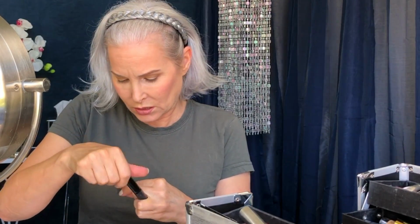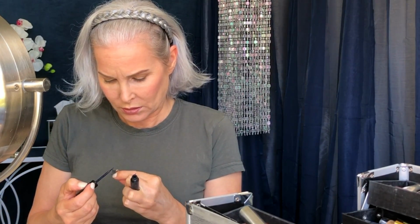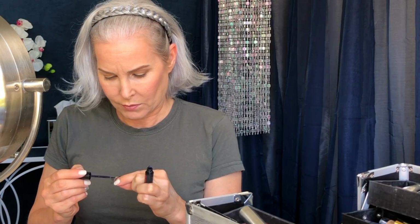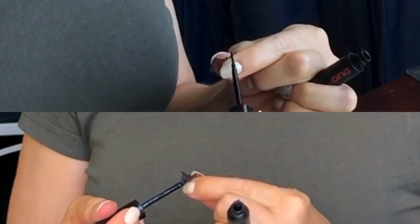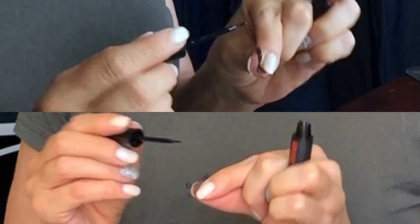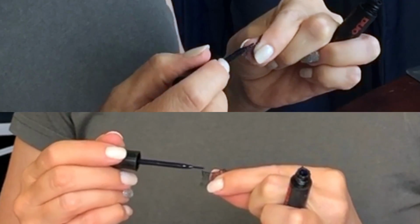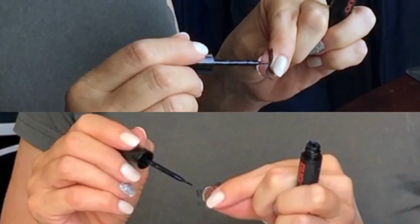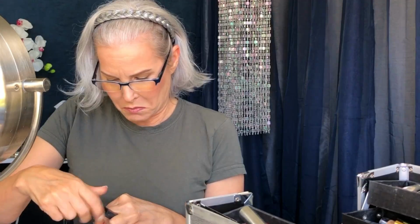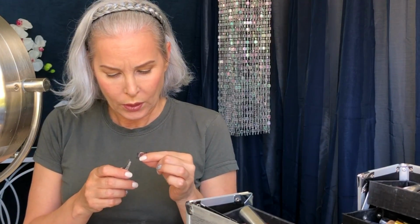I'm using Duo Dark Tone Lash Adhesive on a brush. With no glasses on apparently, so I'm guessing I get it on there. Okay. Just stop pretending, Monique. Some people put the glue on their eyelid and then put it on the eye. I have tried that. I made a huge botch of it. But if that method works for you, you go right ahead. What I have found,